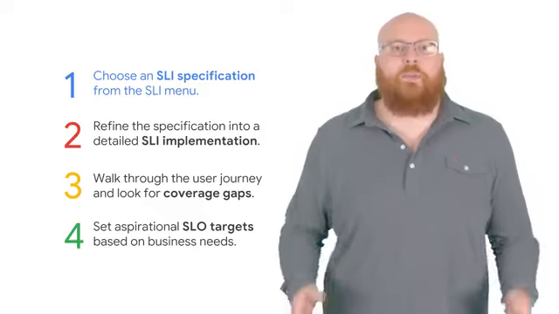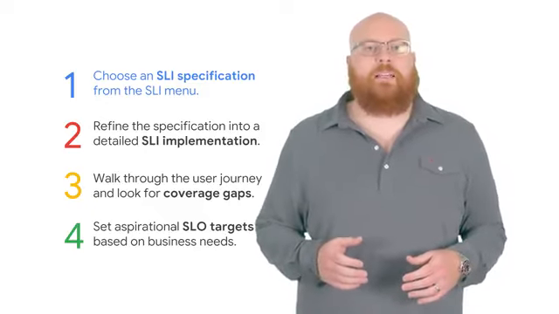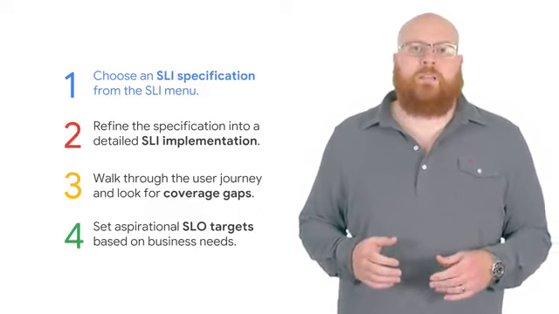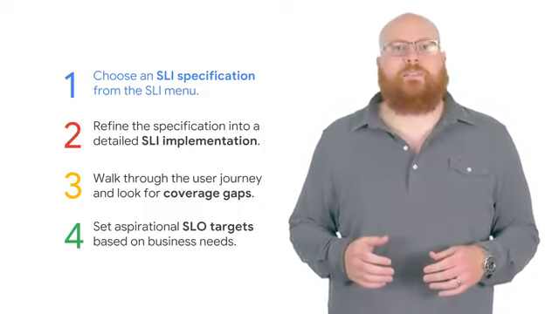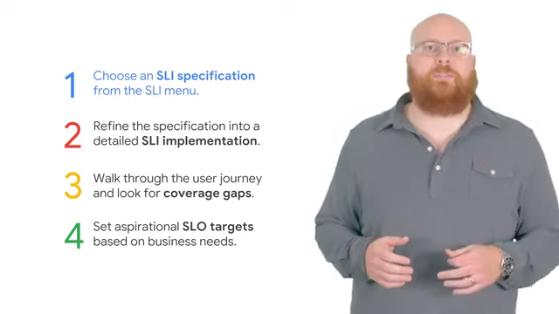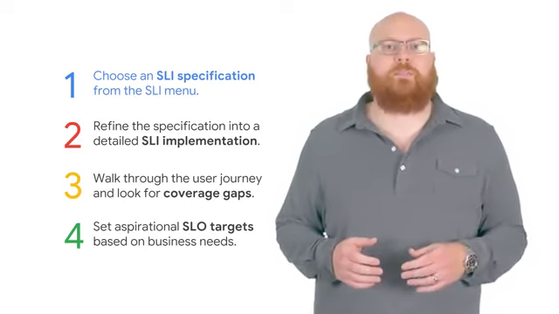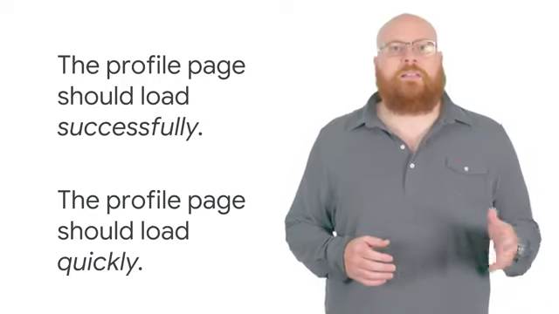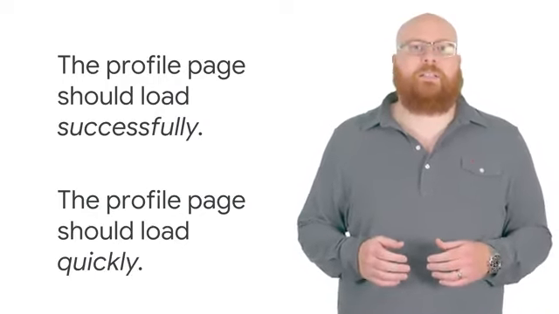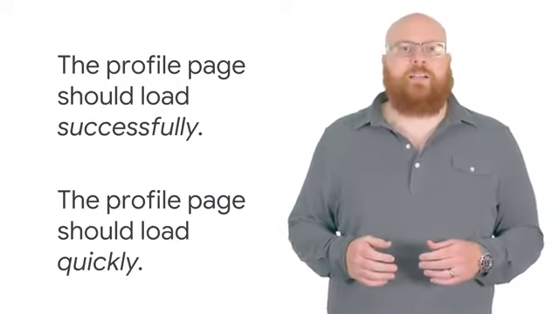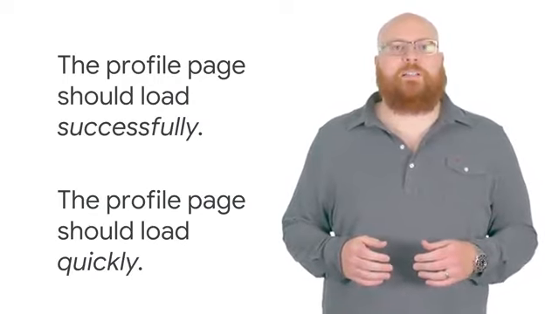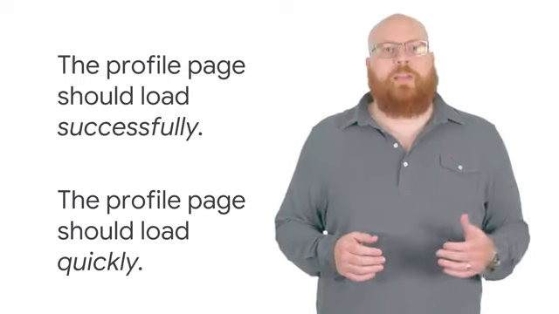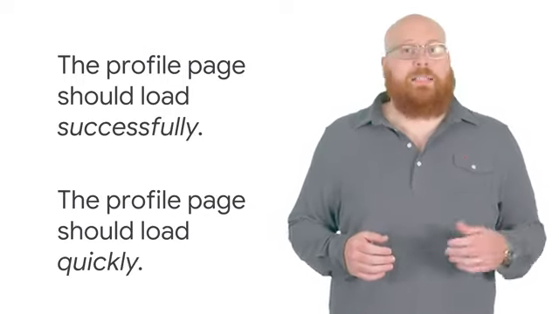In the previous lesson, we covered the four-step process for developing SLIs and SLOs and introduced a simple user journey from our example game. The first step towards having SLOs defined for that journey is to state clearly in high-level terms how we want to measure the performance of our service against the expectations of our users. Since this is a request-response interaction, we almost certainly want to measure the availability and latency experienced by players when they load the profile page. Put another way, they will expect the profile page to successfully load and quickly.